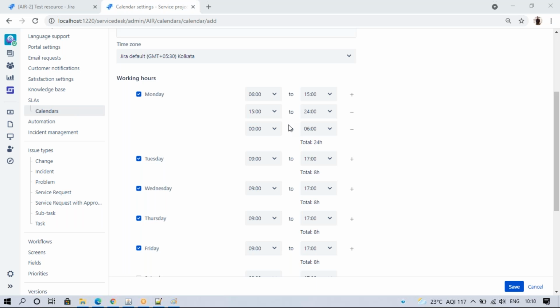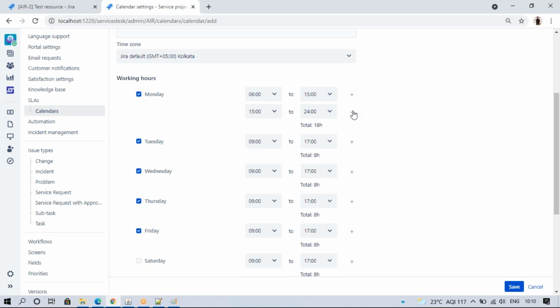So normally, Monday midnight 12 o'clock it will start, 6 to 3 o'clock, 3 to 12, 24 hours. Like that we can first schedule the calendar and when my team is available.